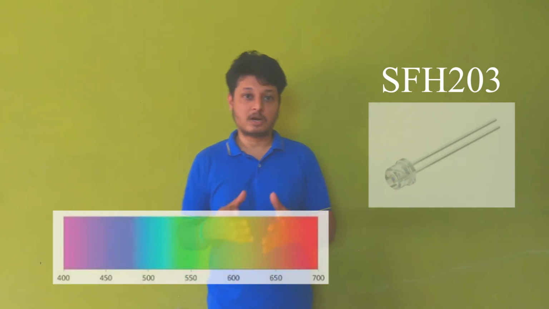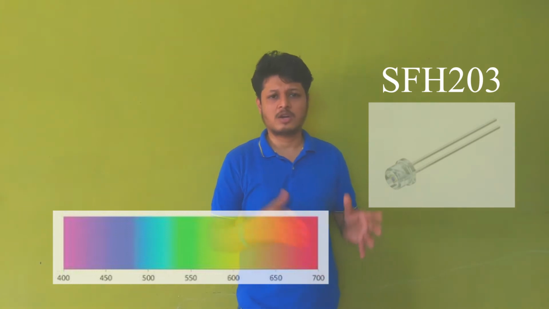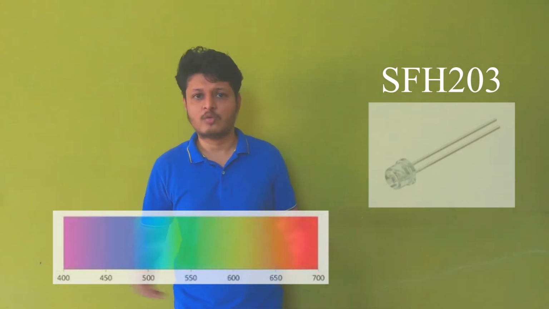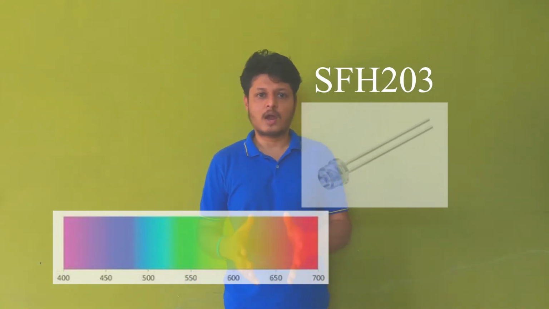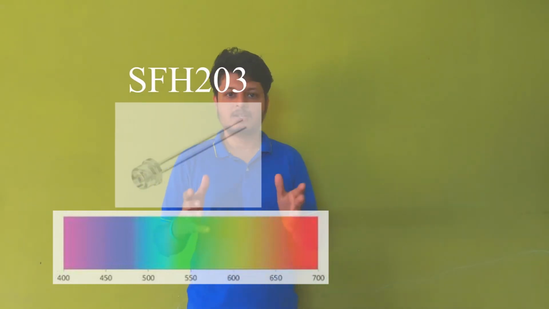If you look at the datasheet of it, you will find that this is a wideband photodiode. That means it has a wide spectral range. So if we consider the visible light, it has spectral components from 400 nanometers till 700 or 750 nanometers. So this photodiode has pretty good sensitivity in this region.